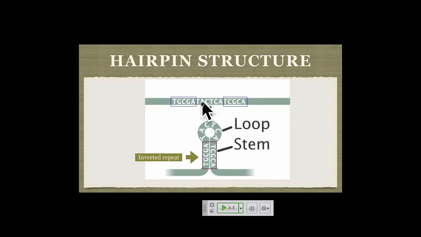So here's the same thing we just saw. The reason they're important is they're self-complementary. So you also see that this A is complementary to the T. So if you start at the A and the T and you work out, what you see right here is they're self-complementary. So you can form these double-stranded structures within the single-stranded molecule. For RNA molecules, it's not the sequence that's important. It's the secondary and tertiary structure it takes on because of its sequence.